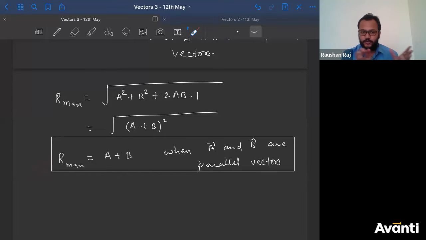That means scalar addition. You just have to add the magnitudes of both. And when is this going to happen? When both the vectors are in the same direction. You can feel it in your real life also. If you are applying two forces on a particle or on a body, and both the forces are in the same direction, what happens to the net force? What happens to the resultant? Those two forces get added and the resultant will be the addition of those two, right?